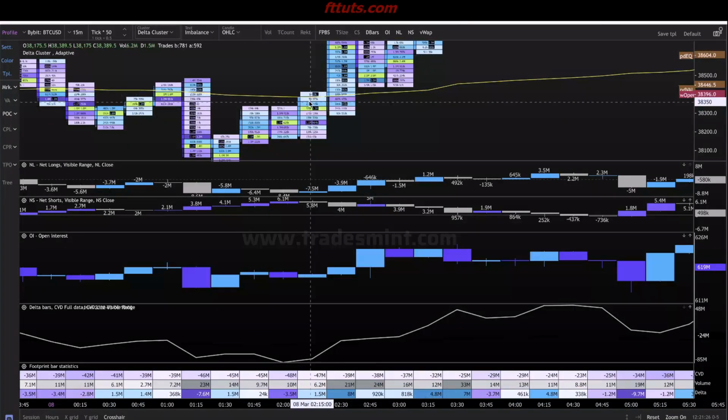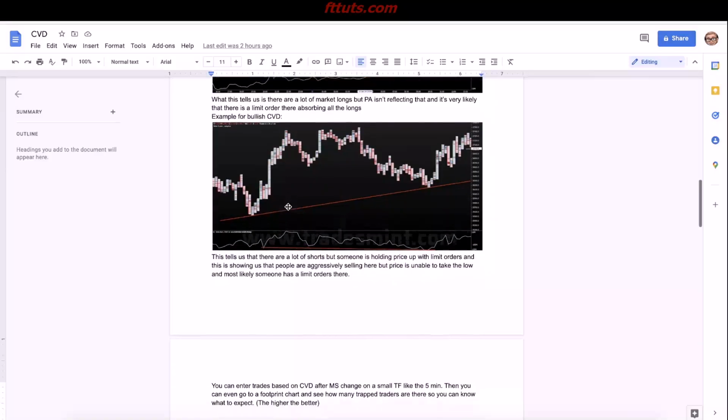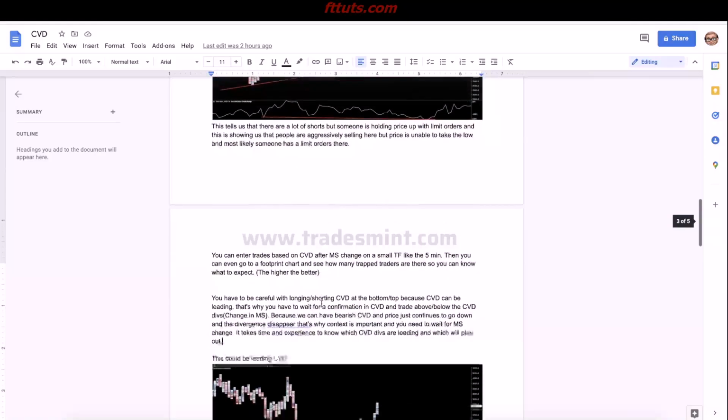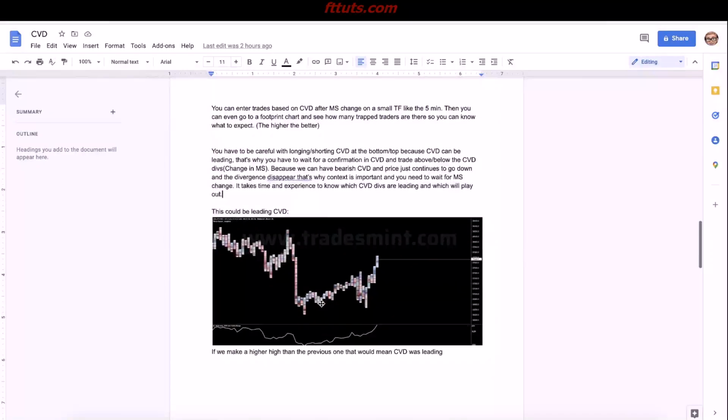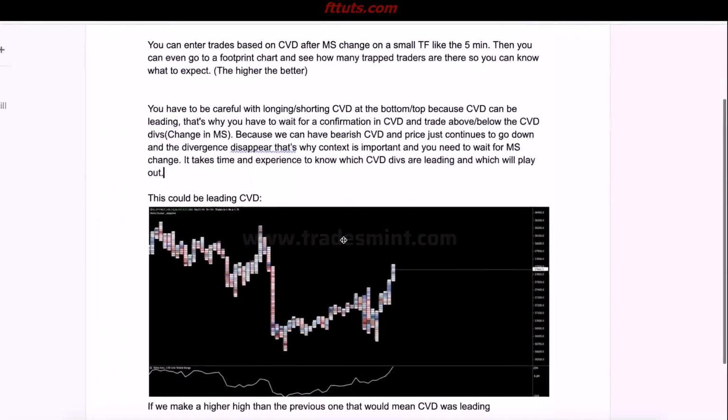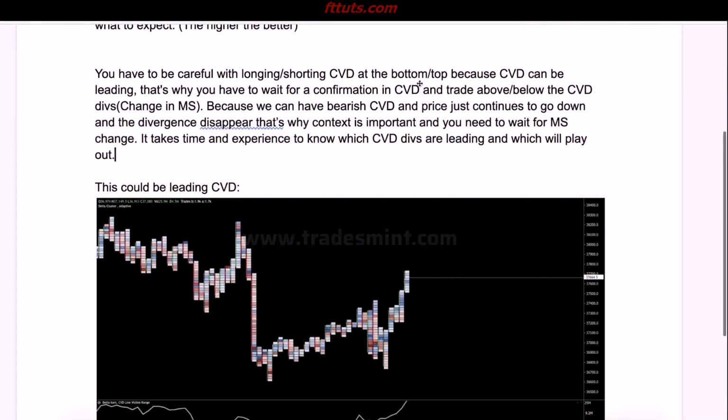We have to be very careful when we're trading these things that it's not something called leading CVD, okay? And here's what I mean by that. Let's talk about leading CVD, okay? You have to be careful when longing or shorting CVD at the top or the bottom, because CVD can be what's known as leading. That's why you have to wait for confirmation in the CVD divergence and trade above or below the divergence,